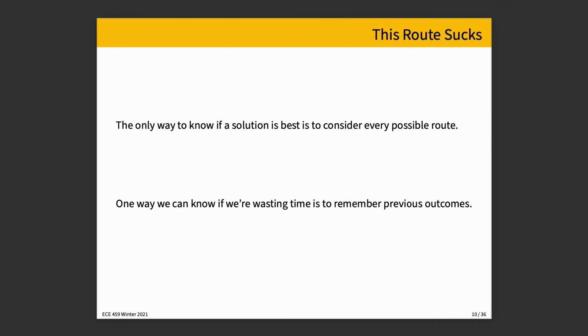So one way that we could know that we are wasting time is to remember previous outcomes. As we are composing the route, we say drive here from point 1 to point 2 to point 3. We can keep account of the travel cost in units. I'll say it's kilometers in this situation just for the sake of having something easily comparable. Time is a little bit harder to use as your units here because, as you know from rush hour and traffic jams and what have you, it can vary a lot by time of day. But if our currently accumulated cost in kilometers is larger than the solution that we have already in hand as our previous best solution,